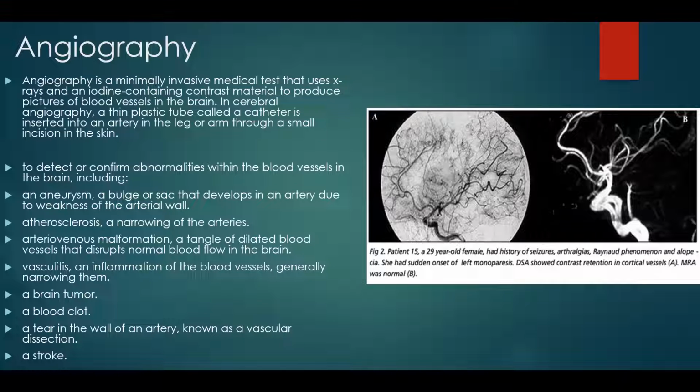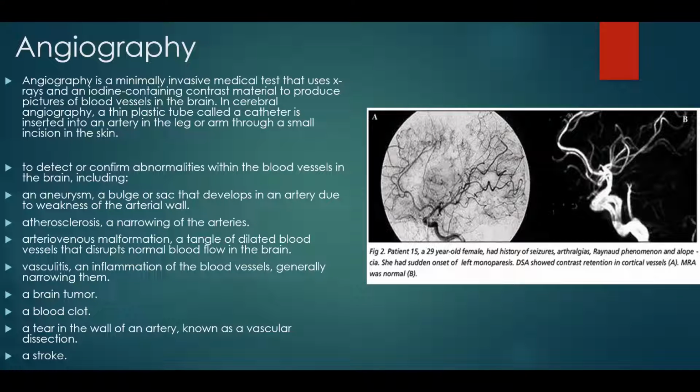In cerebral angiography, a thin plastic tube called a catheter is inserted into an artery in the leg or arm through a small incision in the skin to detect or confirm abnormalities within the blood vessels in the brain, including an aneurysm, a bulge or sac that develops in an artery due to weakness of the arterial wall,